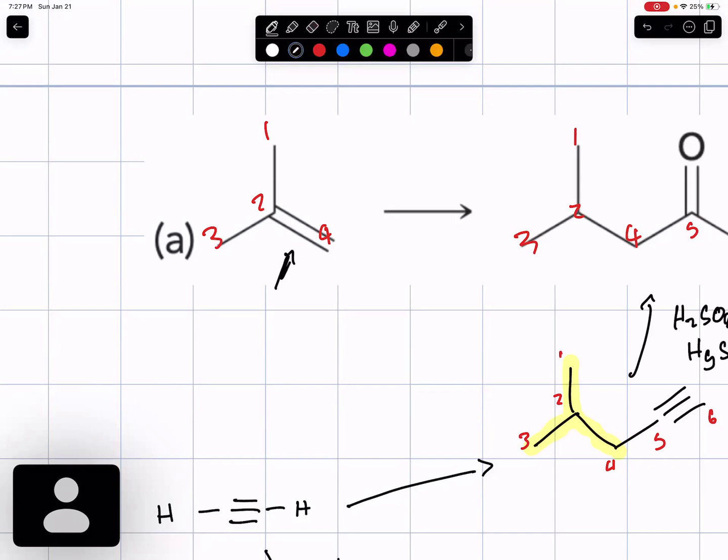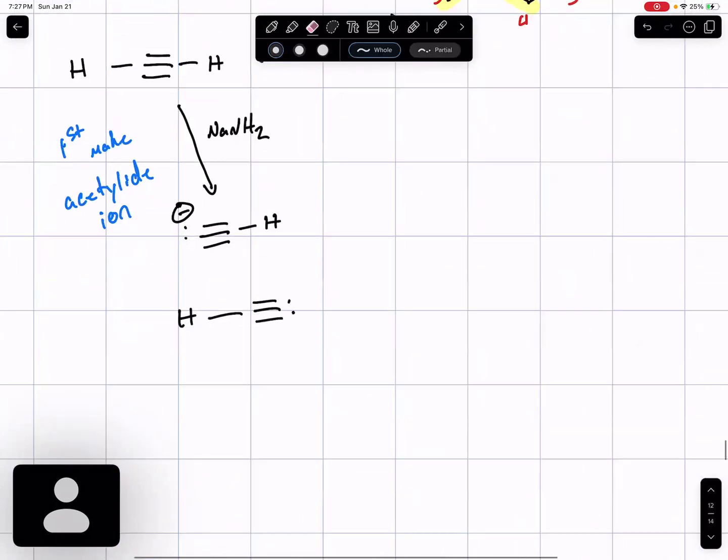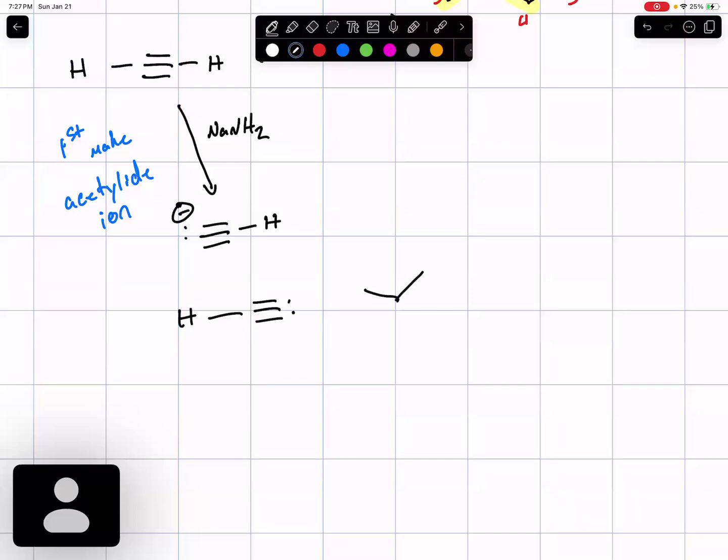That doesn't make sense. You would have to make it into what kind of group? We would have to have some kind of leaving group, correct? So here, there would have to be a leaving group. Why? Because we're going to nucleophilically attack this position, and the leaving group is going to leave. That's going to create